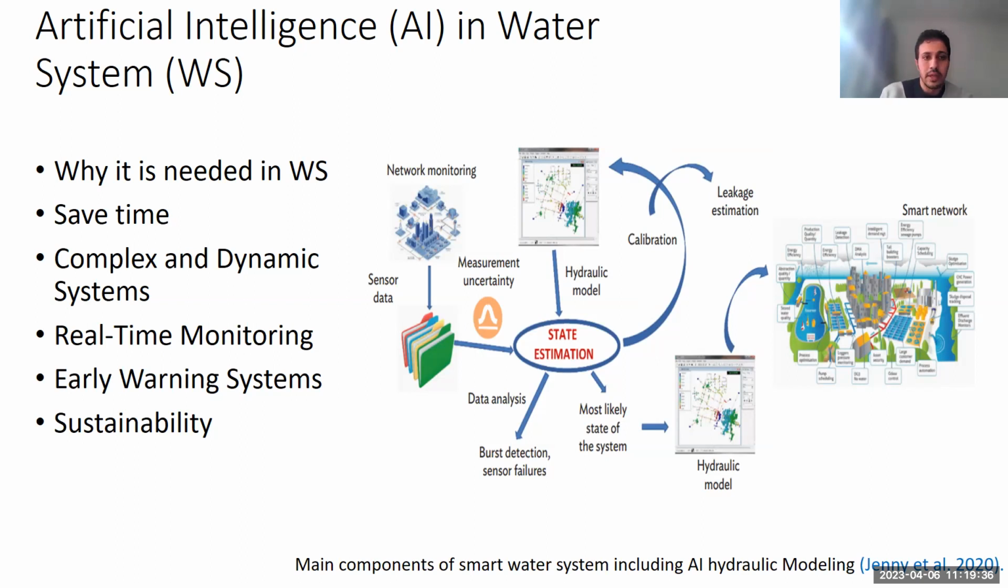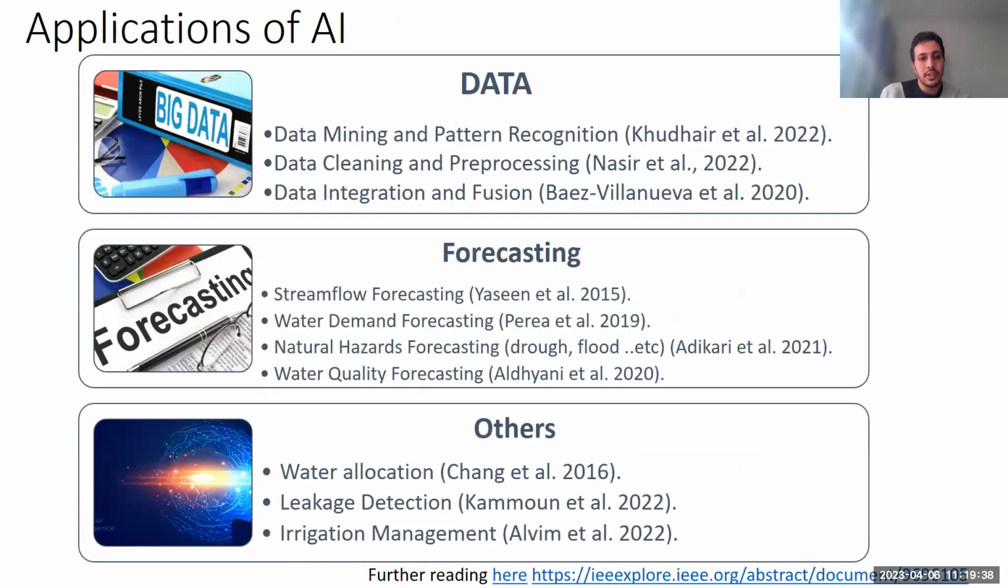So I have just some applications of artificial intelligence, for example, for the data. There is data mining and pattern recognition. We put all the sources, for some of them, if you are interested to read also. Data cleaning and pre-processing, data integration and merging, let's say, as we're working, as I mentioned before, forecasting as well,